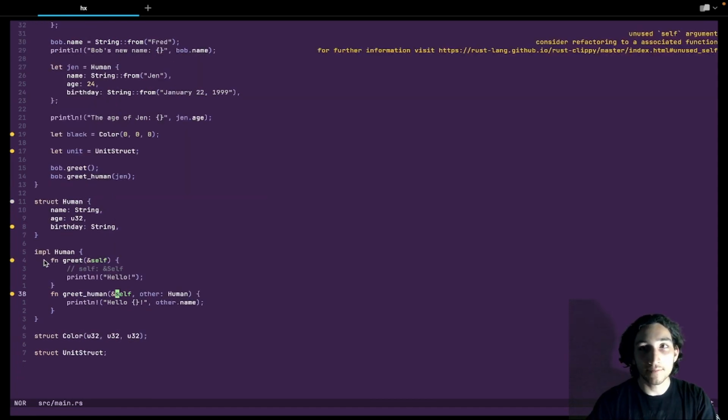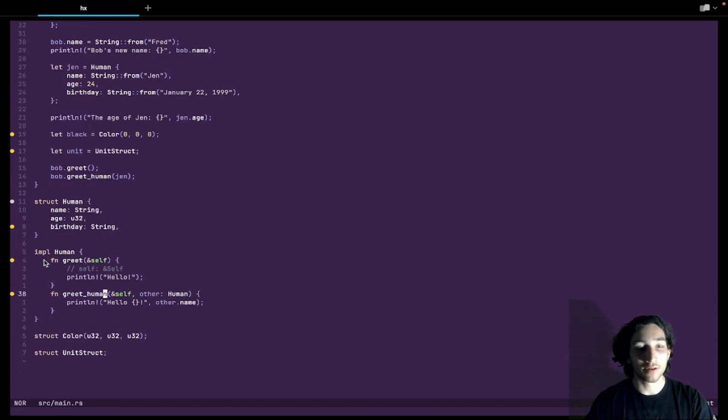Now, sometimes you don't need to take in a parameter of self. You need the function to instead be associated with the struct without needing to be called on an instance of the struct. A very common example of this is the function called new, which usually is defined to create a new instance of the struct.